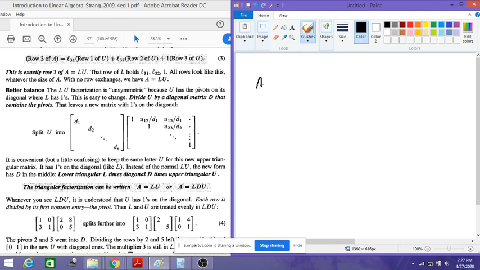So this can also be written in this form as A is equal to L into U. This we have already seen. We can write this as a factorization of a lower triangular matrix multiplied with the upper triangular matrix. Or this can be further split into L D U. So D is nothing but a diagonal matrix. Now in the previous example that we have seen, in a 2 cross 2 matrix, the L matrix is nothing but 1 0 3 1. And the upper triangular matrix is nothing but 2 8